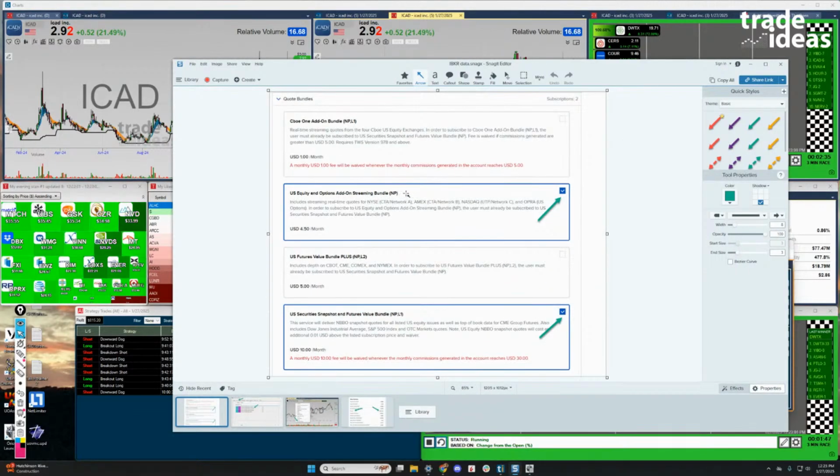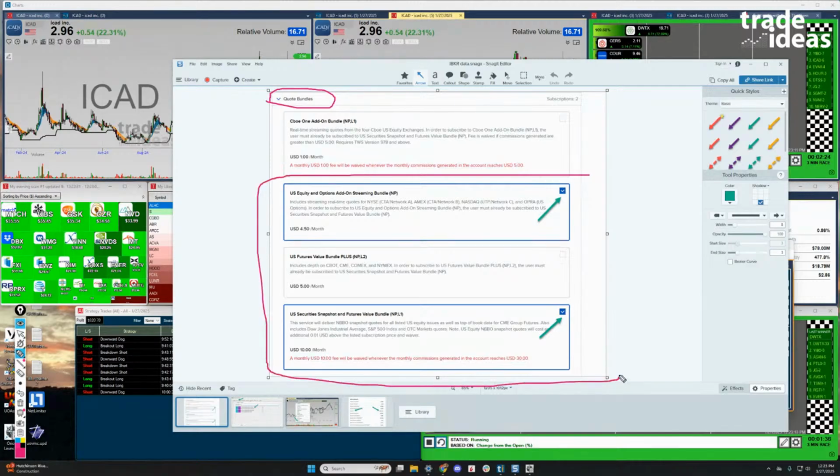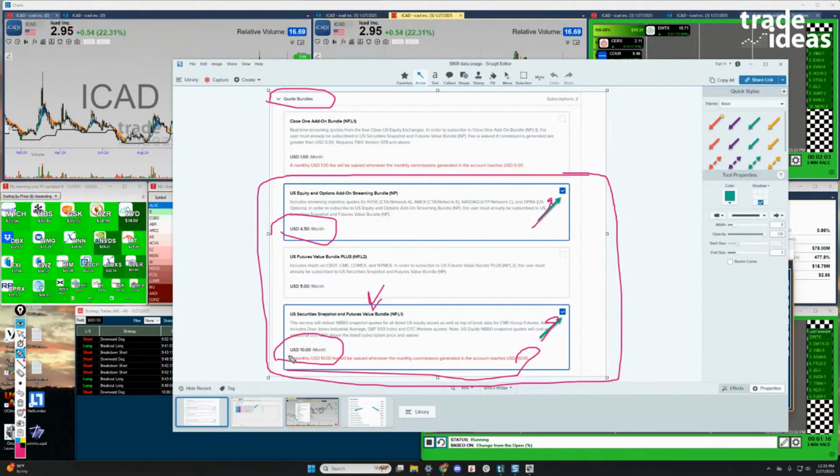These are under the quote bundles when you're in the IBKR portal. Look for quote bundles and the data subscription packages. You want these two here that I've got the arrows and the checks on. Once upon a time I was told you can just use this $10 one and it will work fine. I've always used this one here because I wanted time and sales from IB.